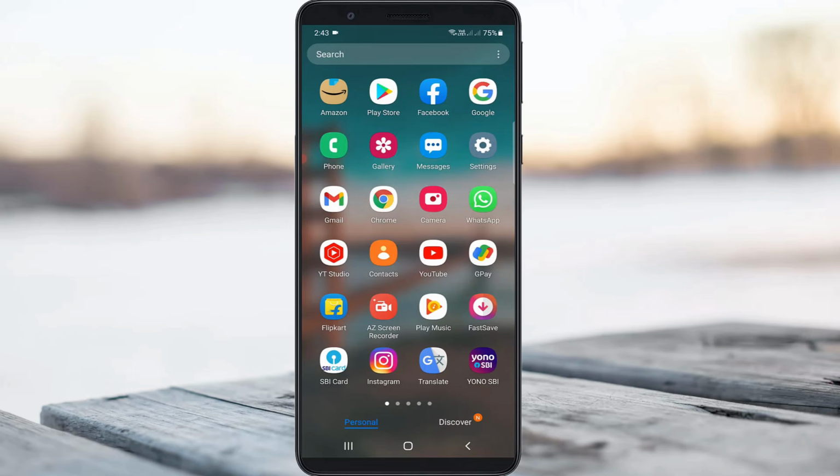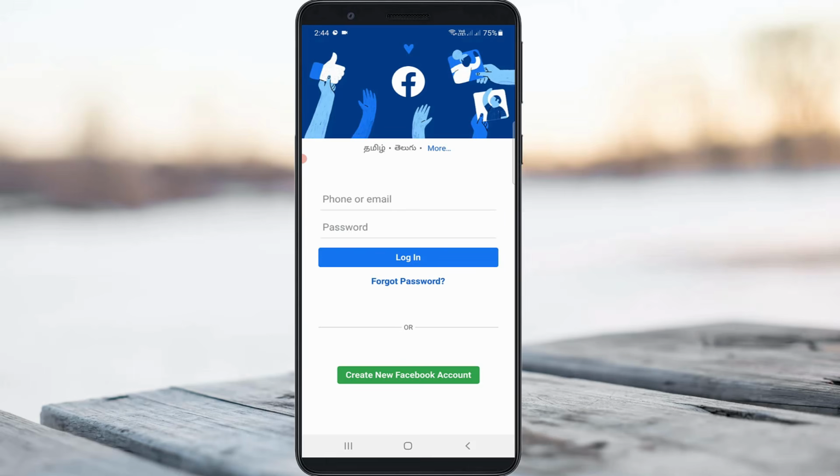All the YouTube videos just say to clear the Facebook app data and then try to log in to the same Facebook account, and finally this problem is fixed. But my video is slightly different. So what is it? If you get this message, just reset your Facebook account password one time.